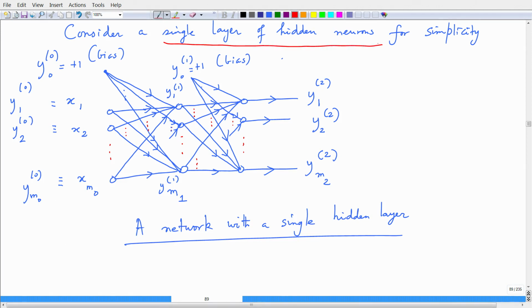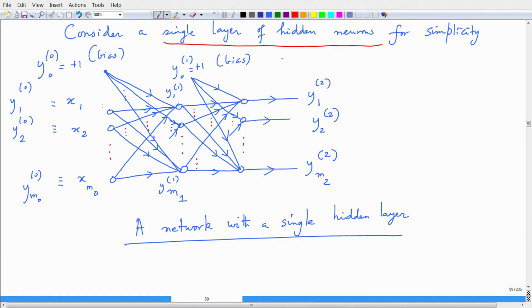So when I discussed earlier, I said we can have the input layer, we can have several layers of neurons that are termed the hidden layers, and then we have an output layer, right. But for the purposes of derivation, we will consider the single layer of hidden neurons, so that it is easy for you to understand how this works. From here we can generalize how it can work for different layers. Okay. Now let us discuss the architecture and then define all the variables and then derive the algorithm.